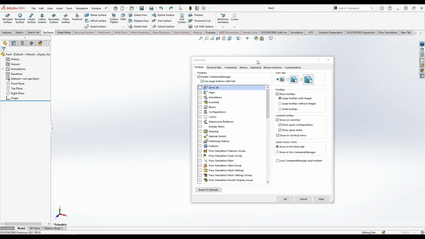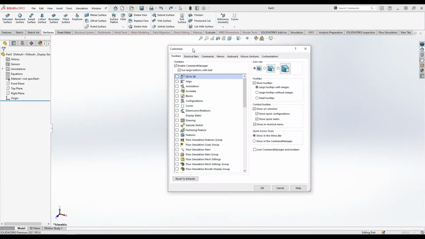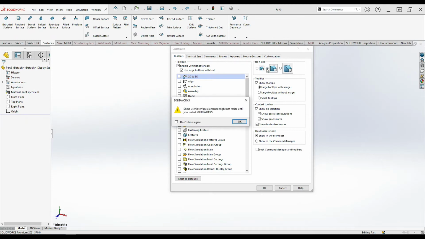Once you see the toolbars in customize toolbars, here you can see icon size. This is the small icon size. Once you click this, it says some user interface elements might not be resized until you restart SolidWorks.